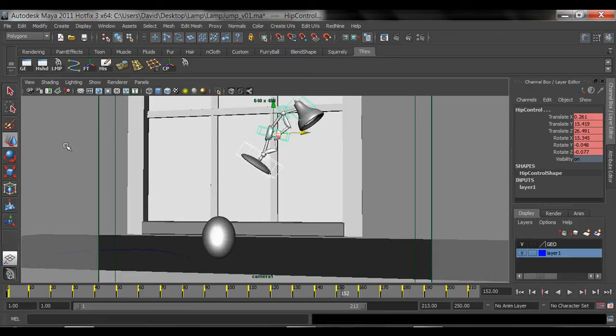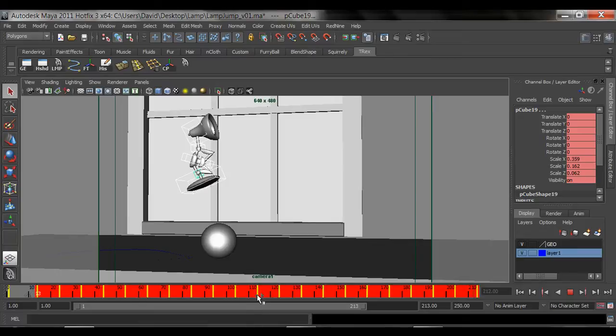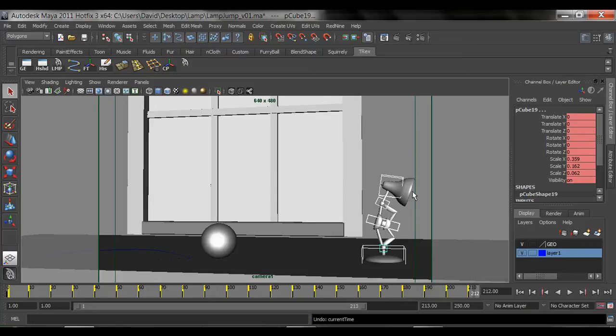So what you can do here is select all your controllers. You want to make sure that everything is going with it. And then you can shift middle mouse click and drag on all these keyframes. So we can adjust the timing between frame 1 and 10. So you could do it this way. So you can see we're moving all of the keyframes on him,